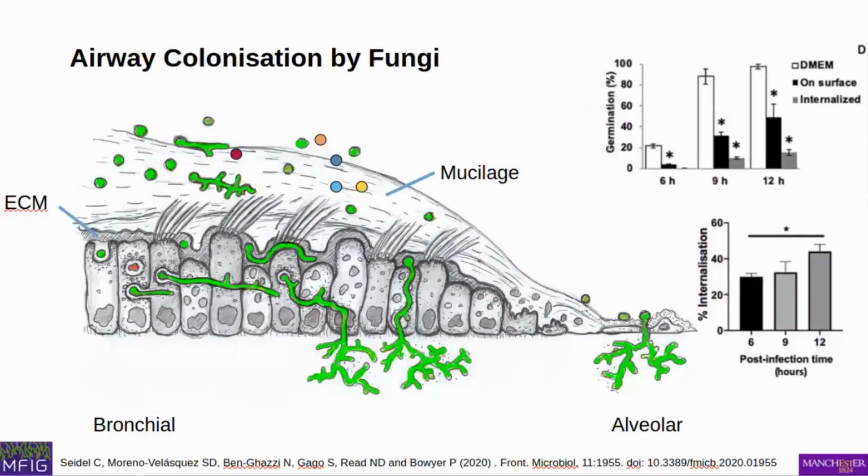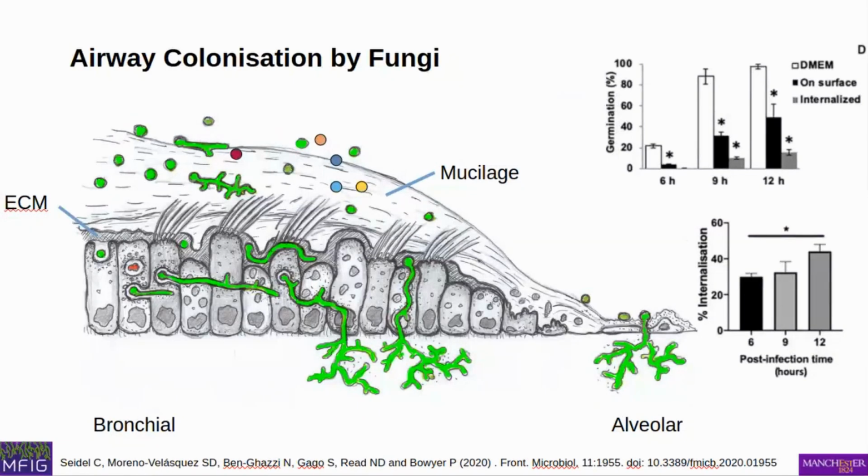So this is, again, a very complicated picture, and ignore the graphs for the moment. The graphs are there for the people who want to know the numbers. The story is what's important here. So again, if we look at our simplified diagram of the airway, starting on the left here, you see lots of these big complicated cells, and they get smaller and thinner and more delicate as you get right down into the bottom of your lung, and these very tiny passages and the alveoli, these little sacs that sit at the end of them.